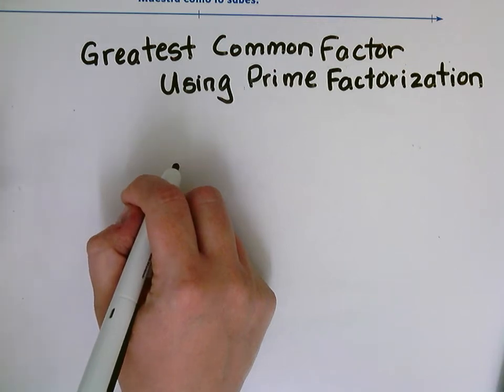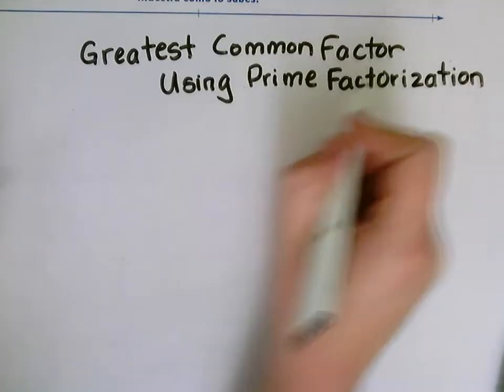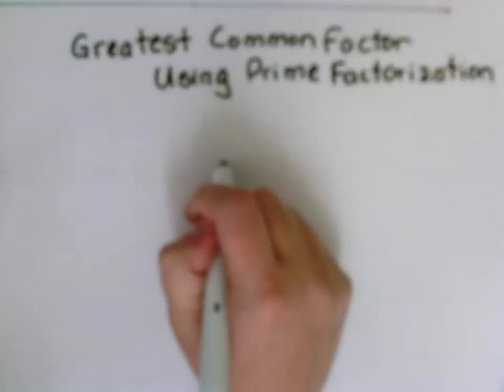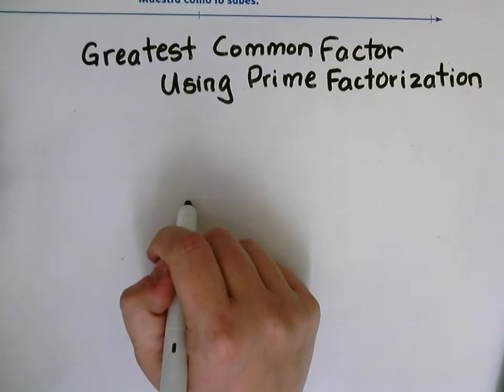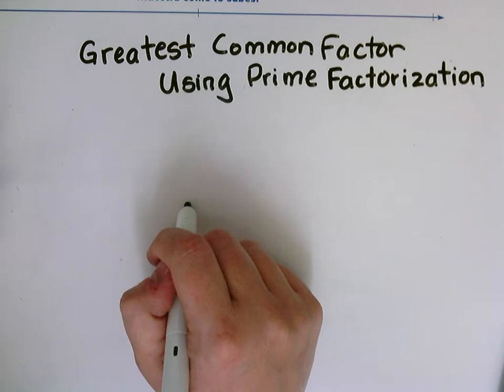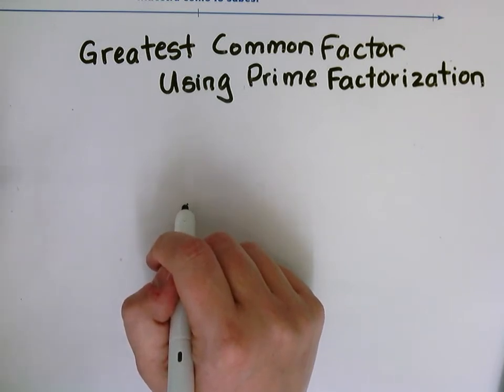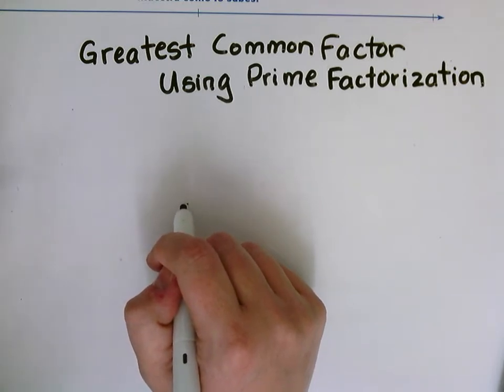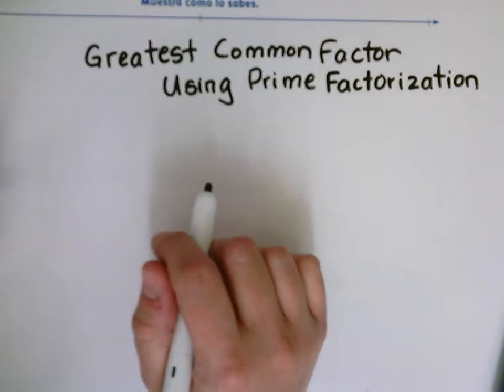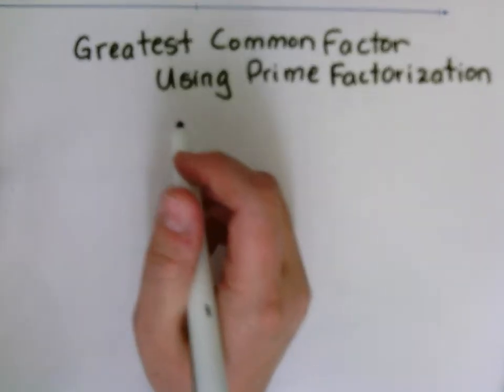Today we're going to find the greatest common factor of two numbers, but we're going to be using prime factorization instead of using a list of factors. This is a good strategy to use when you're using larger numbers that you might not know all the factors to. So let's give an example and let's use the numbers 48